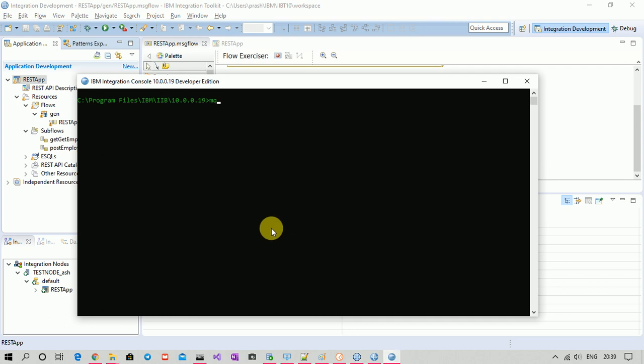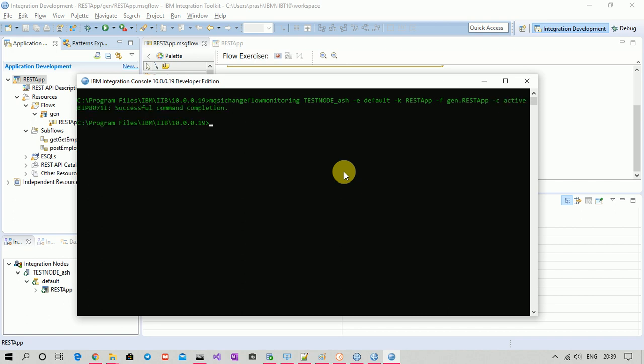It's mqsichangeflowmonitoring, then your integration node name, then your execution group name. In my case the execution group name is default. After that you write the application name, rest app, then the flow name, gen dot rest app, then hyphen c active.